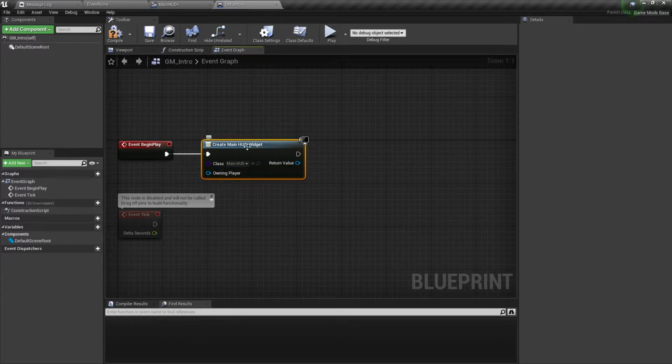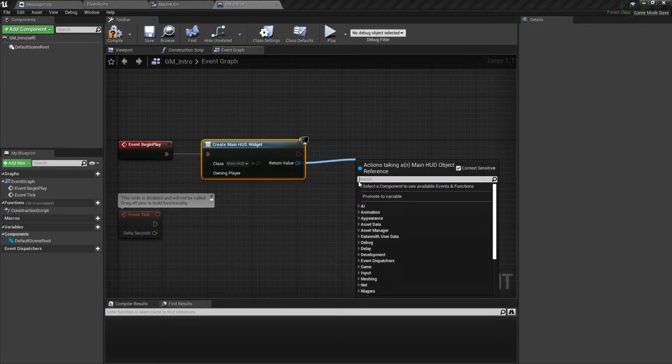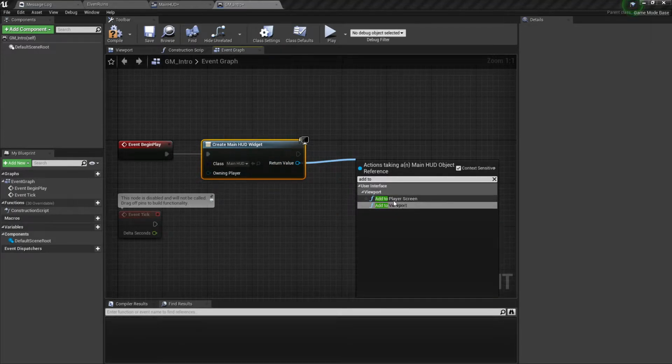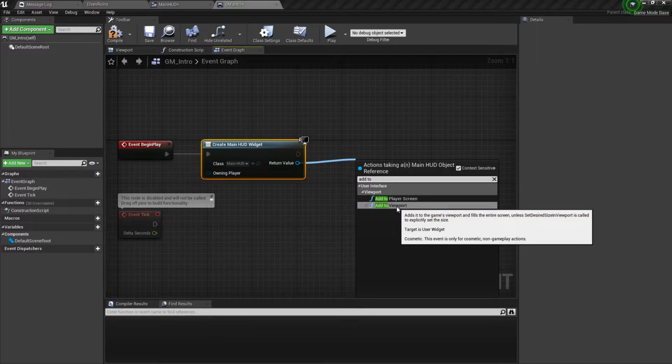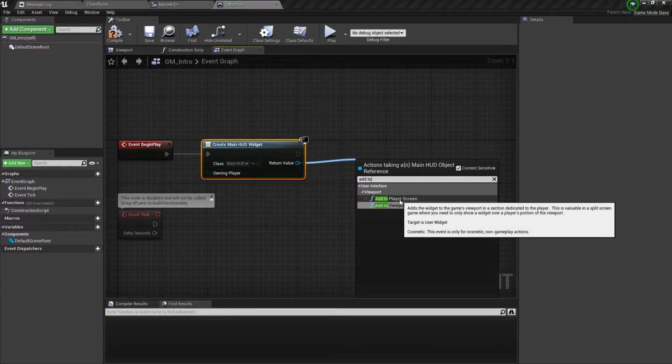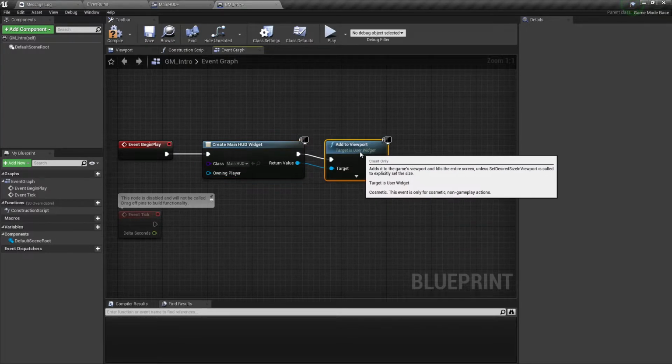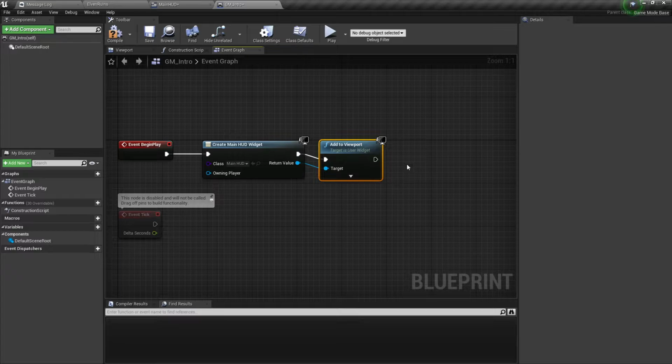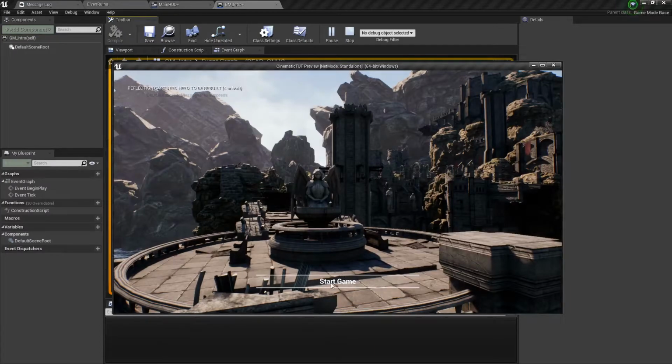Now we're not done just yet, because we actually need to tell Unreal where we want to put it. Essentially all we've done here is created it as a widget in the world. But from this return value, if you just type in add to, now you've got player screen and viewport. They should both work, but let's go with add to viewport for this instance. With that being said, now if we compile and press play, we've now got a start button, and as you can see, when you click on start game, you can see it bobbing, and that's actually the button itself being pressed. But as of yet, nothing